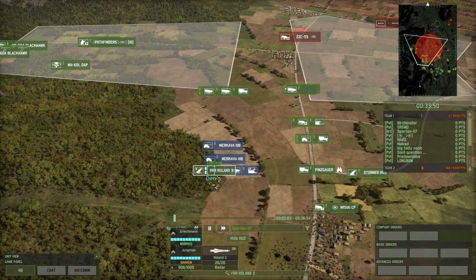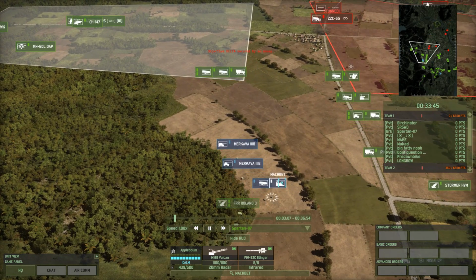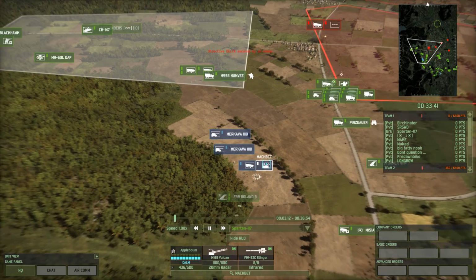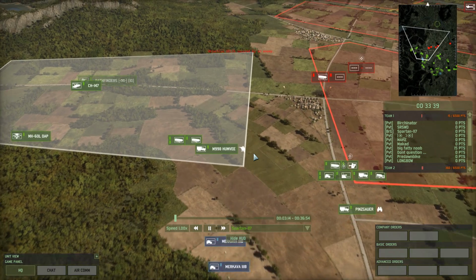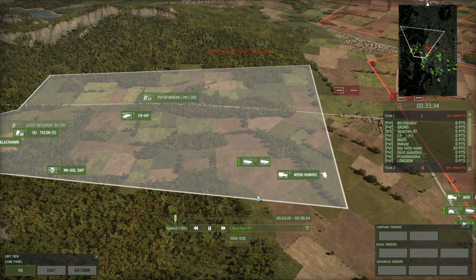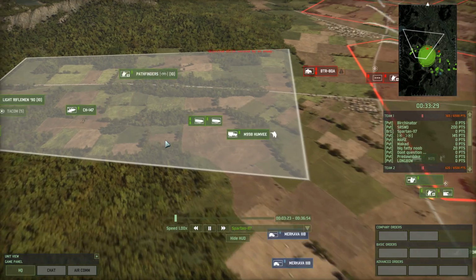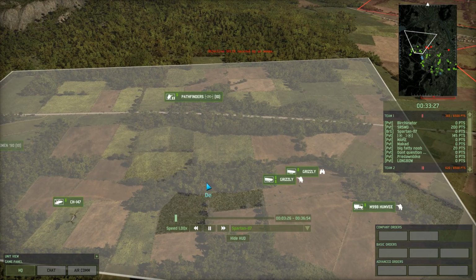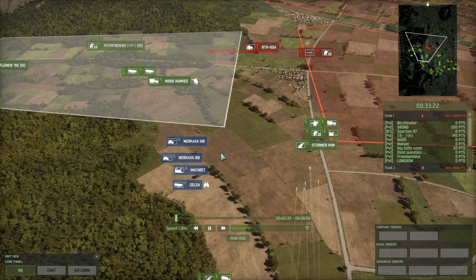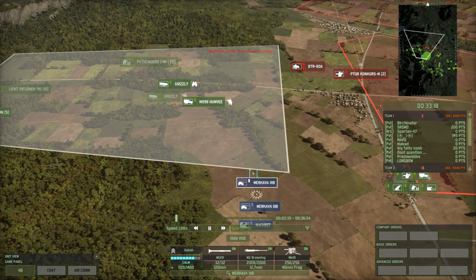For AA, we got a couple of Roland Mark IIIs. Fortunately, because a Machbet will dissuade enemy helicopters from pushing in too close, but is not really that much of a threat against enemy airplanes. Fortunately, though, you could argue that airplanes on this side of the map are really not that difficult to counter, because you have so much terrain to counter. You can just easily veer your tanks back into cover, break line of sight, and make sure that ATGMs, especially those from aircraft, which most of the time need line of sight, unless they're fire and forget,